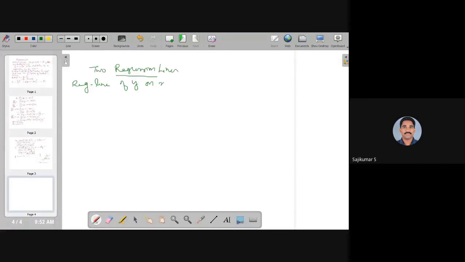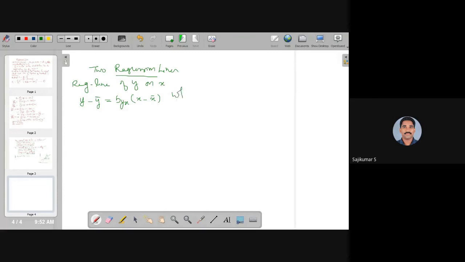So regression line of y on x is y minus y bar, because the passing through point has y coordinate y bar, y minus y bar is equal to some unknown quantity, and we call it byx. Actually, this is the slope, byx into x minus x bar. See, this is the regression line of y on x, where this byx is called the regression coefficient